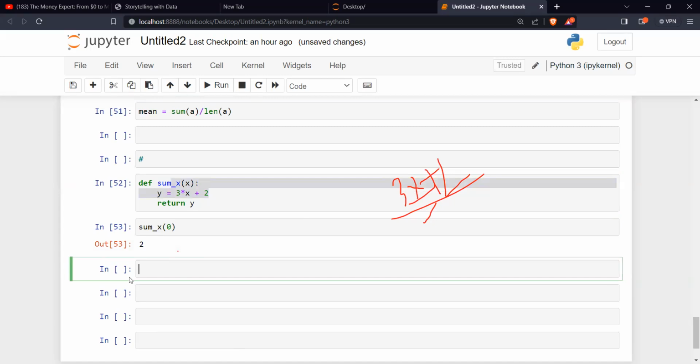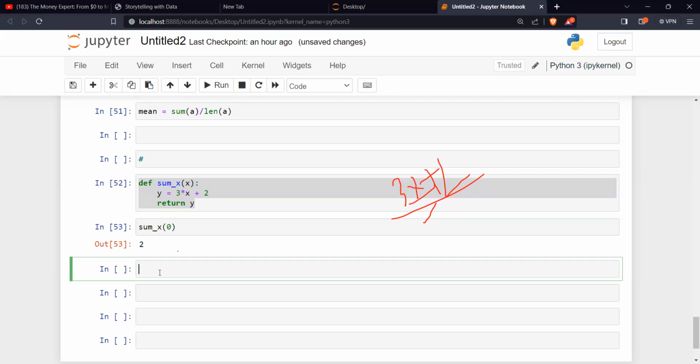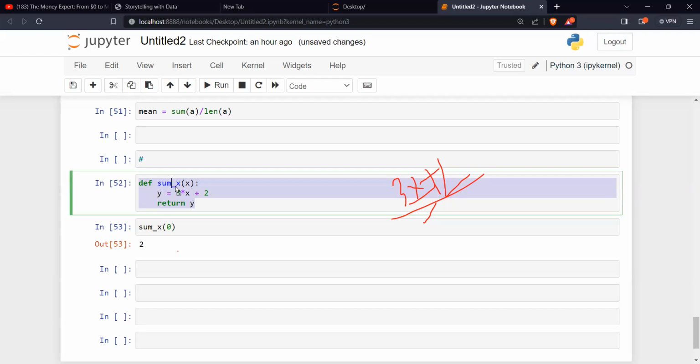But there are instances where, instead of writing a function, first of all, I need to know the name of the function. Sometimes I don't want to start going through this process. I just want to write one line of code, like we did with our list comprehension. We'll just write one line of code to achieve the same thing. But instead of calling it by the name of a function, we'll use an anonymous function.